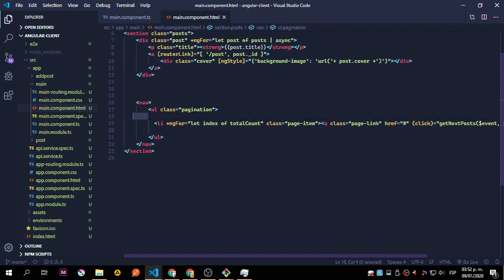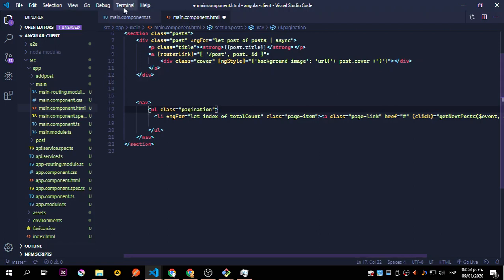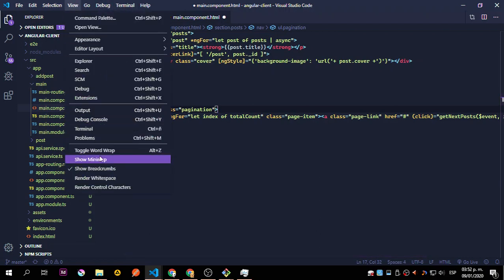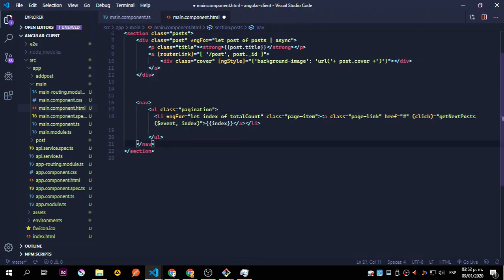And this is the pagination. So let me just view toggle wrap. So the pagination is going to get from the total count the array, okay? Then, because we need to use ngFor inside arrays, that's why we're doing that array field,